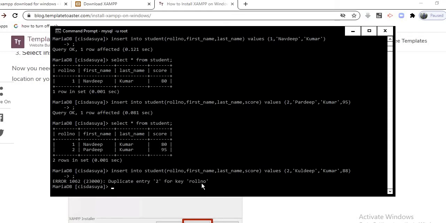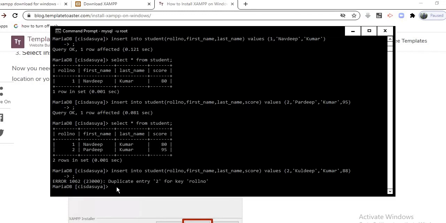So this is how we have discussed the constraints: not null constraint, default constraint, and the unique constraint. So I think we have done enough of the basics as well as the constraints. I hope a few more examples will give you better clarity over such issues.